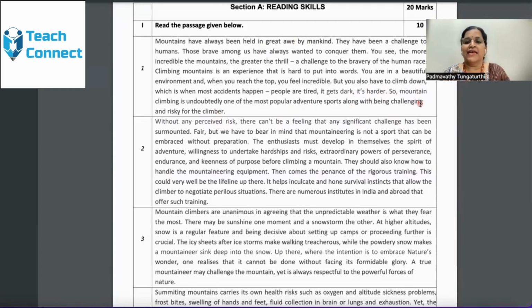In the last line, with being challenging and risky for the climber, that means the challenges would be mentioned, and the risk taken by the climber is mentioned. There is no need to read the complete passage for comprehension during the first 15 minutes allocated. Later, it is the responsibility of the student to read all the content given. Otherwise, the student cannot answer the question.